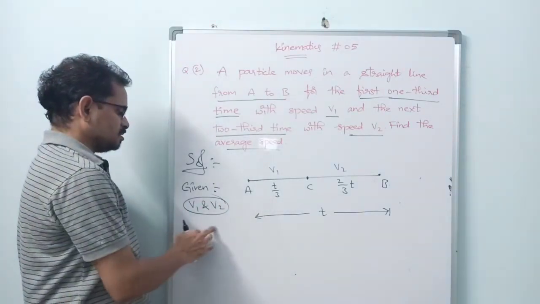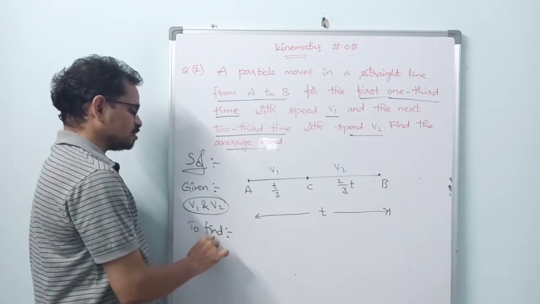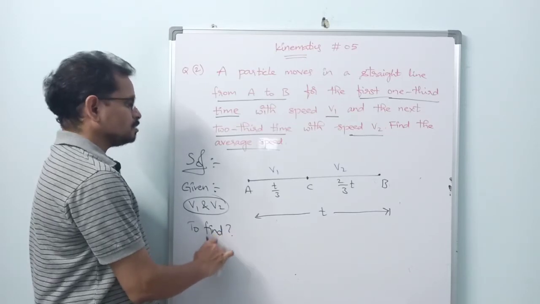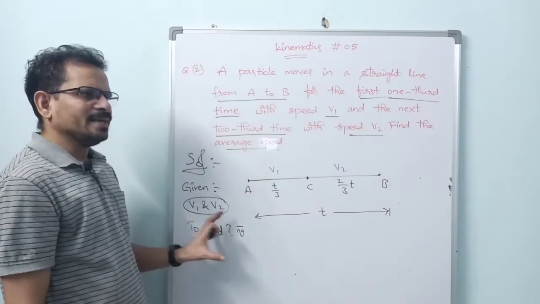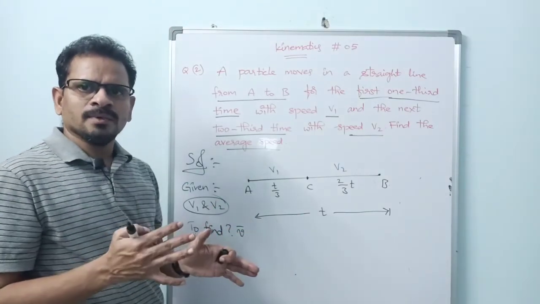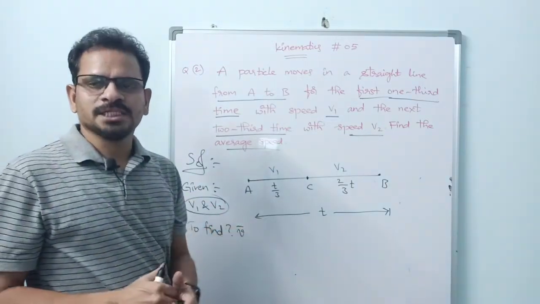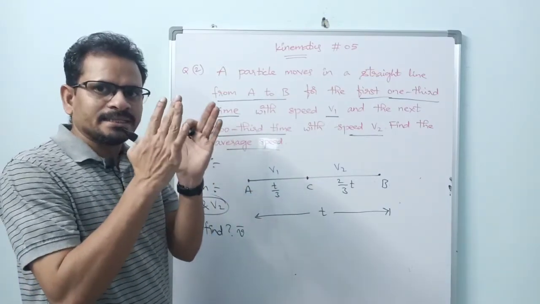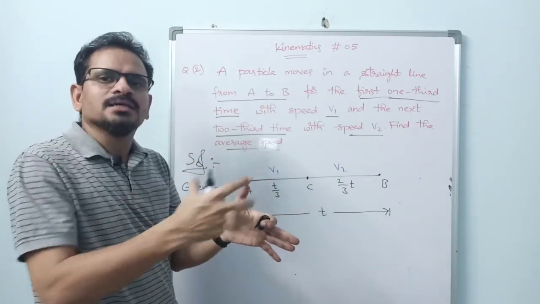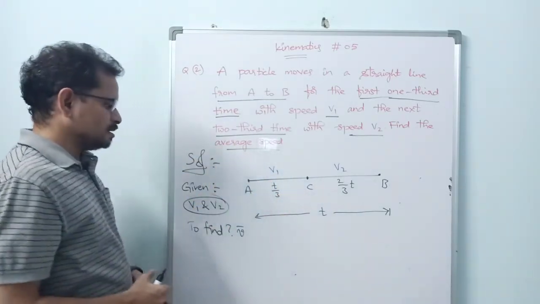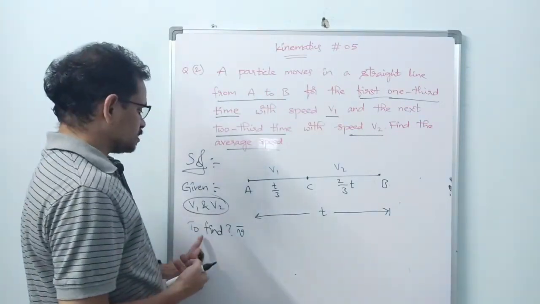Okay, next, what else is important? To find what we have to find, that is also important. What do we have to find here? Average speed, v bar. So, understanding the problem, making mathematical equations, then solving. This is the style of solving physics problems. Understanding the concept, applying the relevant technique to the problem, then making mathematical equations, then solving it. That is the stepwise style of solving physics problems. So here we have to find this one now.